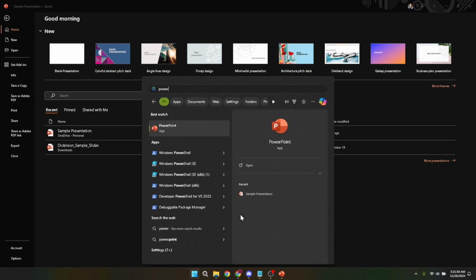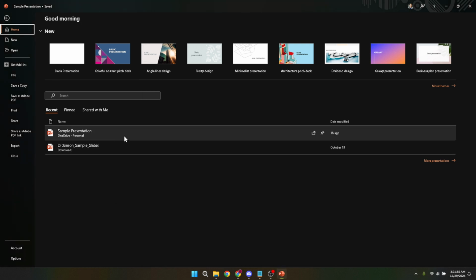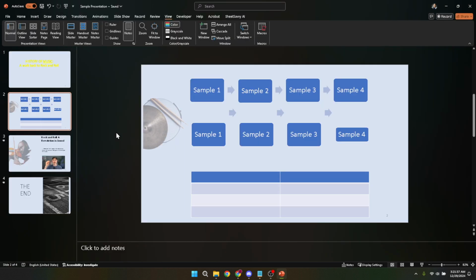Upon opening PowerPoint, you'll be greeted with the opening screen. This is where you can choose to either start a new presentation or open an existing one. As we're focusing on upgrading the software itself, it doesn't matter which option you choose. If you prefer to have a file open while you navigate through these steps, feel free to do so by selecting Open Your File from the opening screen. This can make the process feel a bit more familiar, especially if you're used to working within a specific presentation.